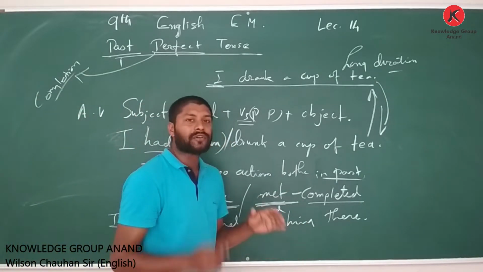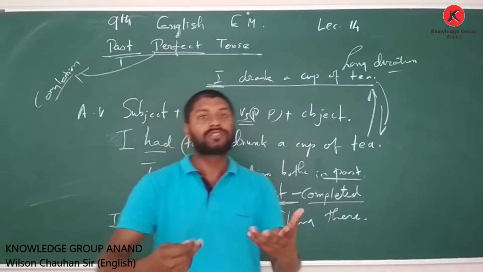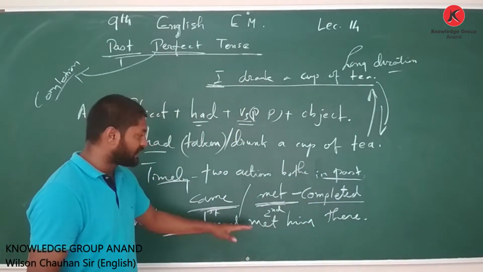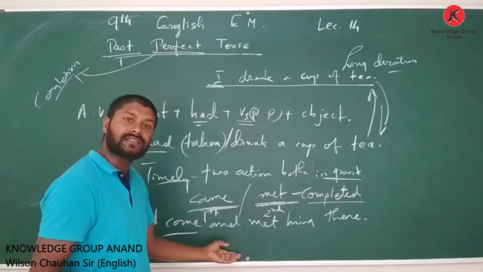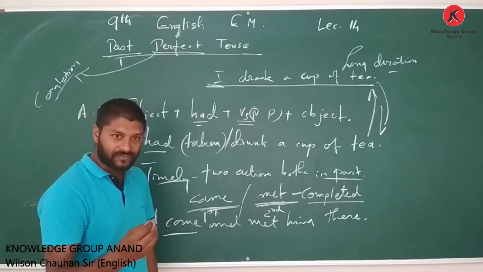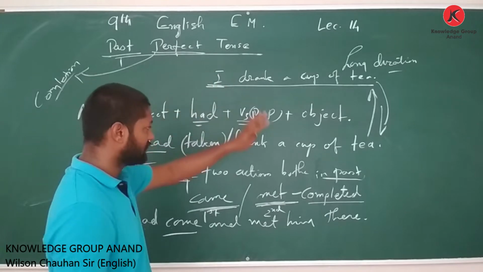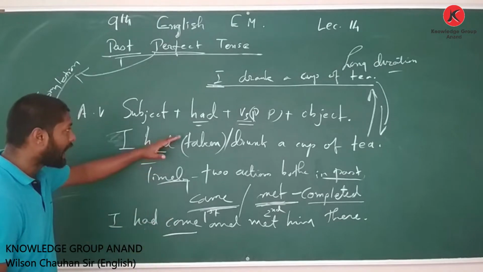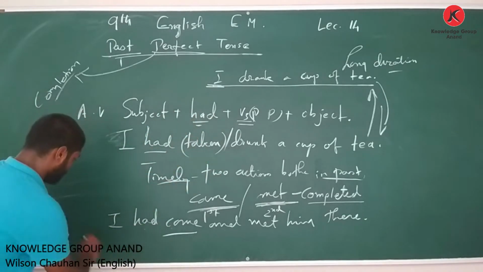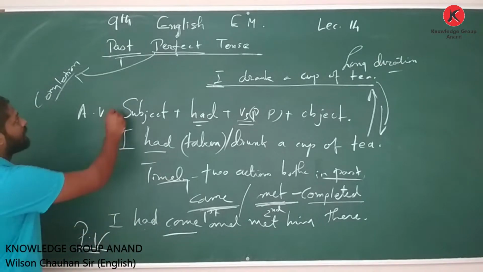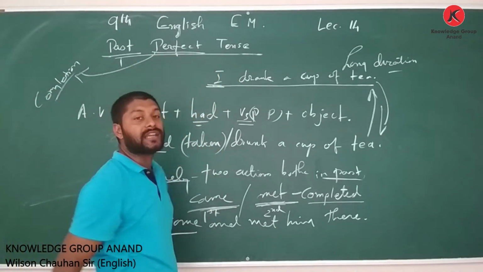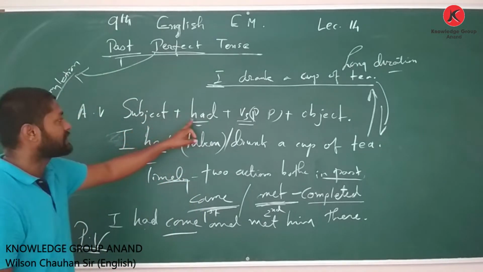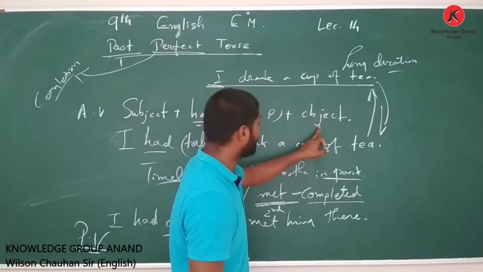So this is one of the most used usages. Why? Because otherwise both the actions can be mentioned in simple past tense. So did you understand, my dear friends? Yes. So have attention to these particular sentences, and now we will write down how it can be changed into passive. Passive voice, past perfect tense can be changed into passive. So we have here active formation: subject plus had plus V3 plus object.